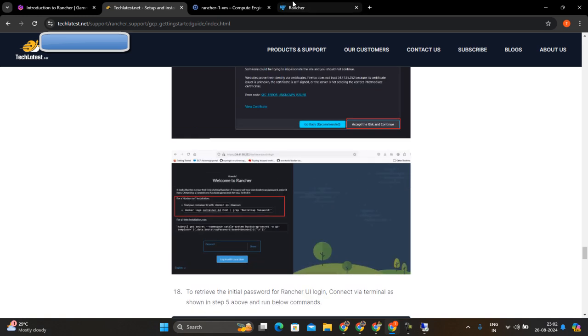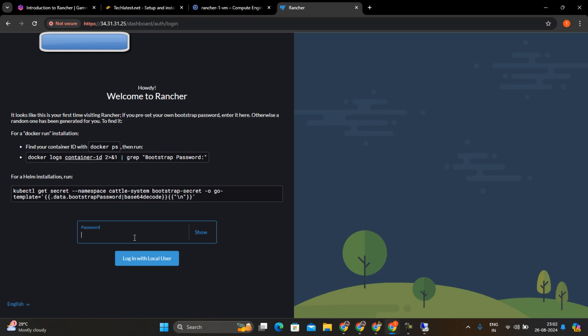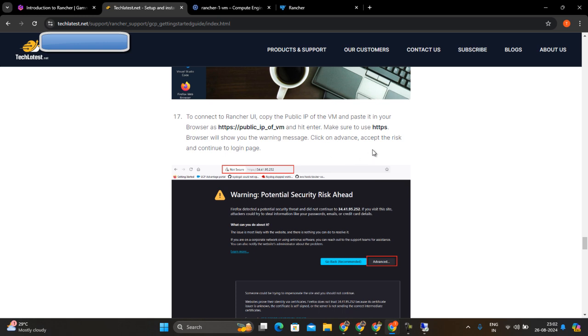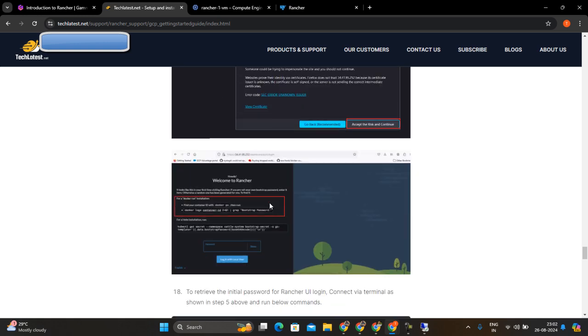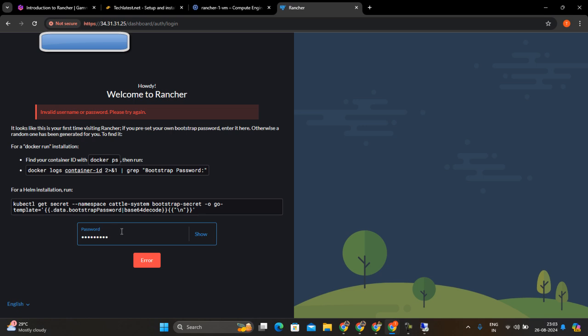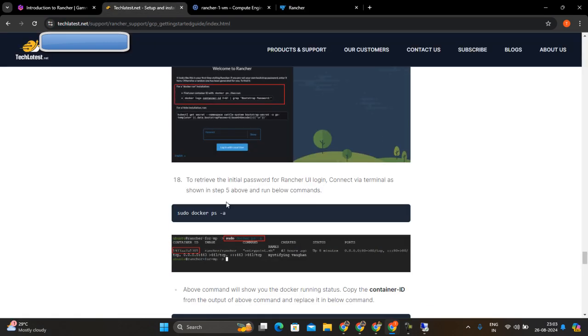And what we have to do next. Here you can give the password. We have given the password here, so let's log in. It says invalid password or username. If you have preset your bootstrap password, enter it; otherwise a random one has been generated for you. To retrieve the password,